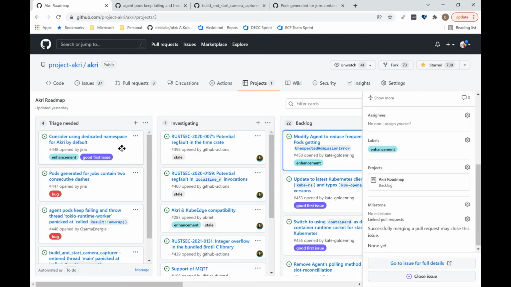Okay. I'm game for that too. Either way, I think that, well, I don't know. I mean, to me, this bug is saying it should have a default value of Akri. Is that something that, go ahead. Yeah, I think it's maybe an implementation detail, so we can keep it.